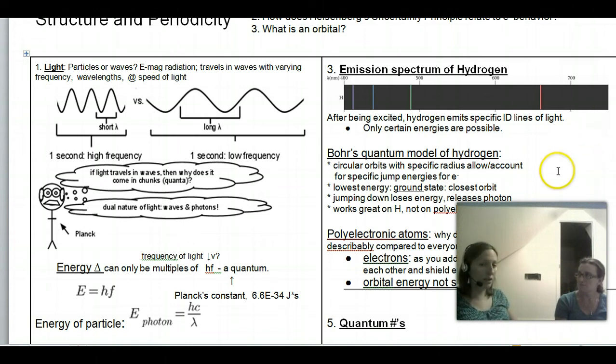But we did gain a lot of insights from him, because it is true that you've got electrons going around the nucleus in specific allowed states. They're not circles. And you do have the ground state and the excited state, where you can be low energy and high energy, and you pop up and down and release a photon of a specific color. It's not circles. Okay, well, now we get into